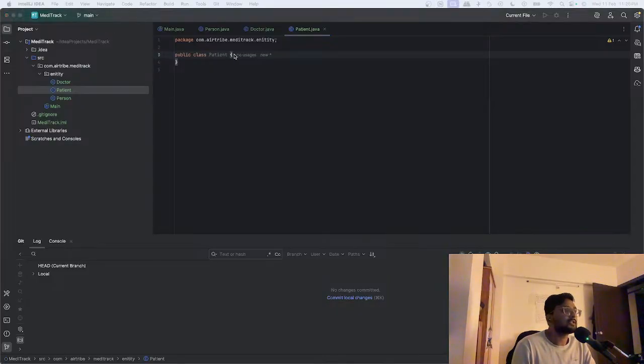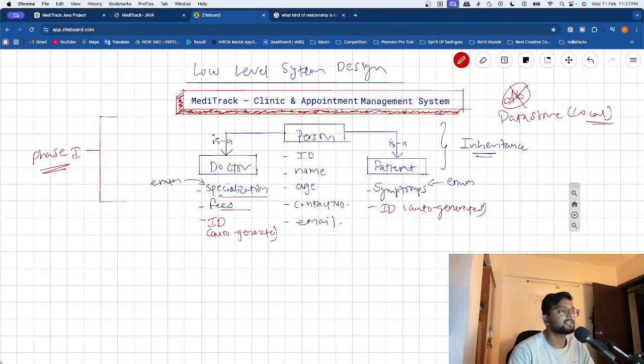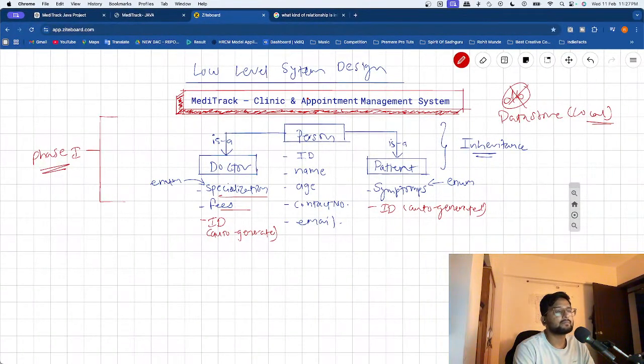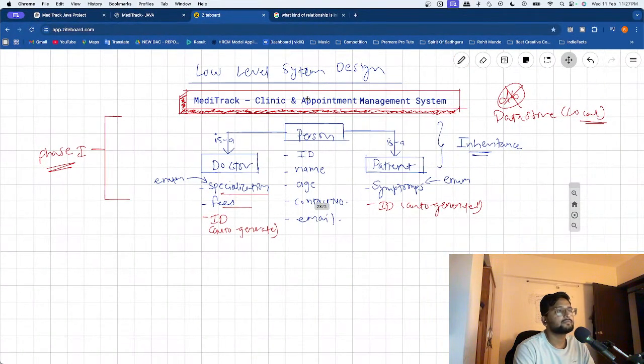You keep adding. And what we had for Person, symptoms, ID is there. So symptoms will be of type, multiple symptoms can be there, it can't be enum. This is wrong. This is wrong. This will be of type, oh shit,